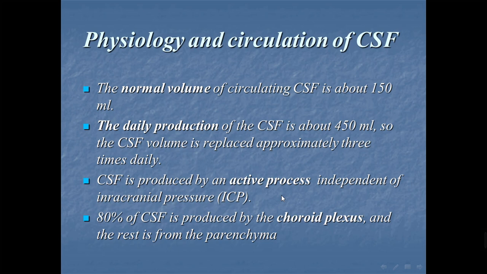CSF production is independent of intracranial pressure. I mean, even if it increases, it will still be 450 ml per day. Although nowadays there are some studies that say it may decrease after a brain tumor, the well-known fact is that it is an active process, independent of intracranial pressure, so at this stage it will be harmful to the brain because